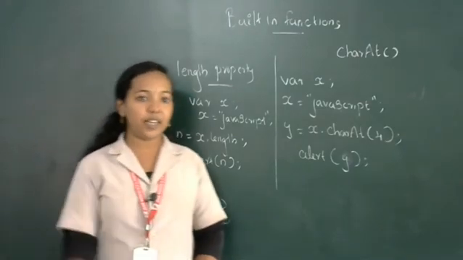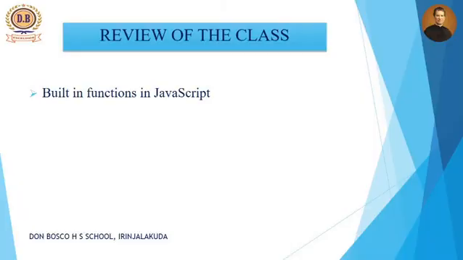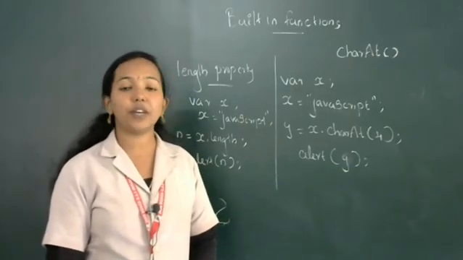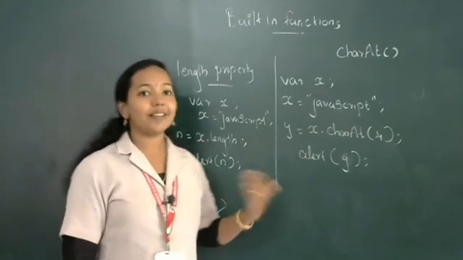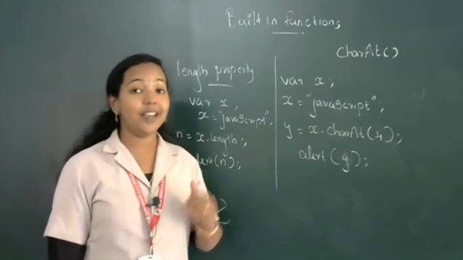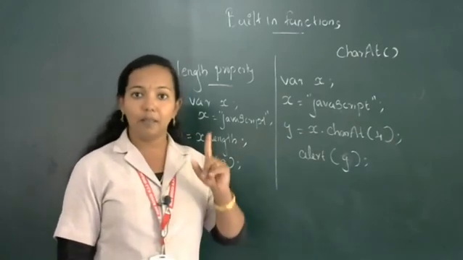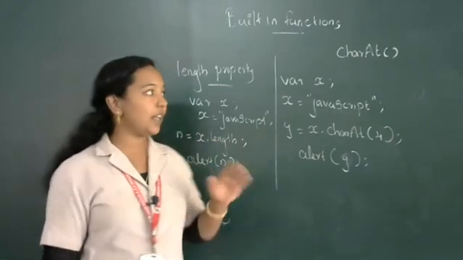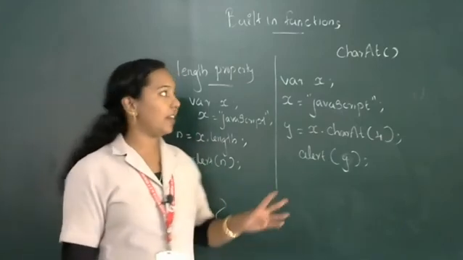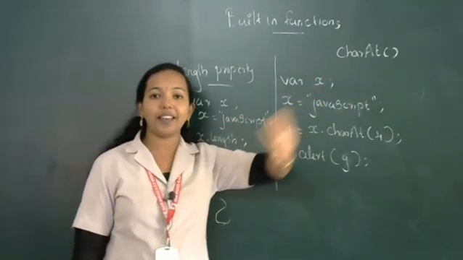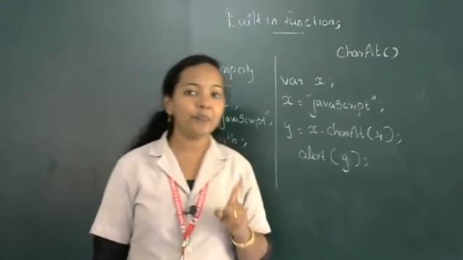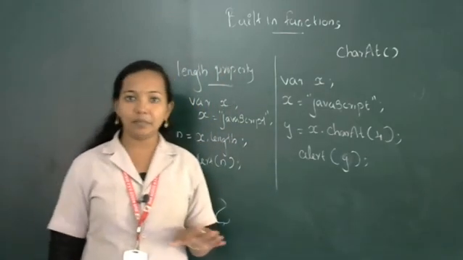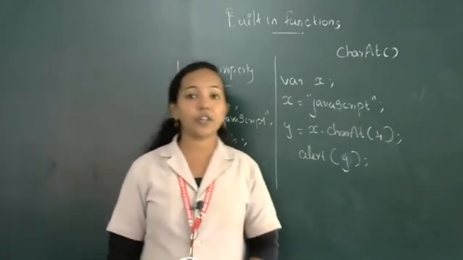So these are the different built-in functions of JavaScript. Let me revise the commonly used built-in functions. First one, the alert function, is used to display the message box. Then after that, the isNaN function, with both the N and the N capital letters. And after that, toUpperCase and toLowerCase. Then the charAt function to find the character at a particular position, and the length property to find the length of a string. Okay, so I think it is completed.